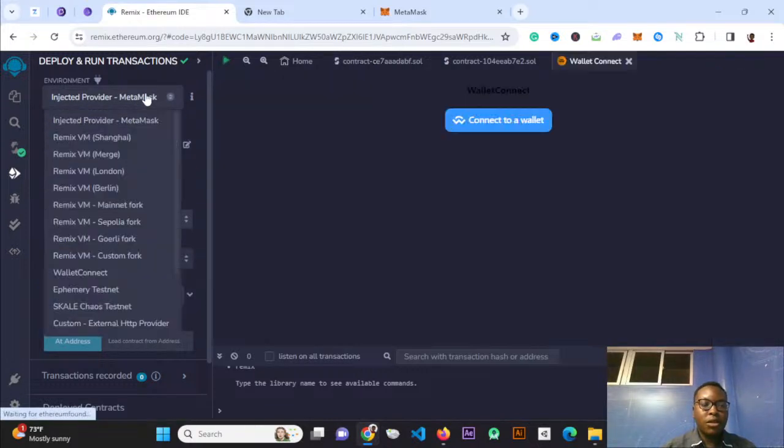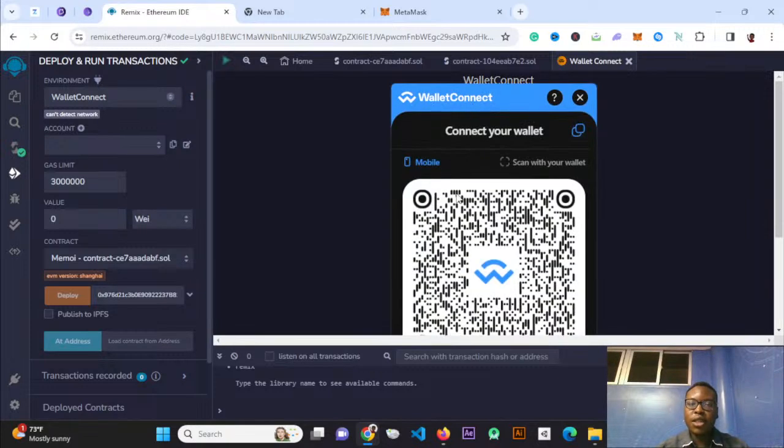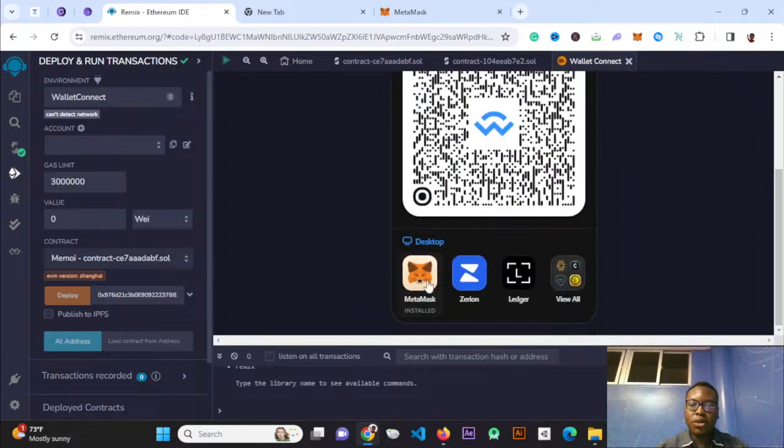So it gives you the Wallet Connect option, which will give me this specific pop-up that we have here as well. So if I go ahead and click on this, is when you'll be able to find that it's going to give you specific options. So if I click on that, you'll see you can either scan it, or I can just click on what's installed on my browser as a